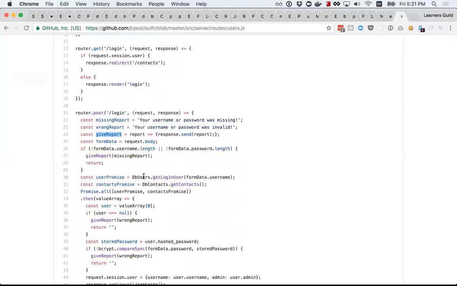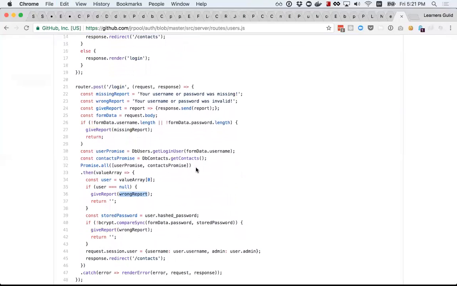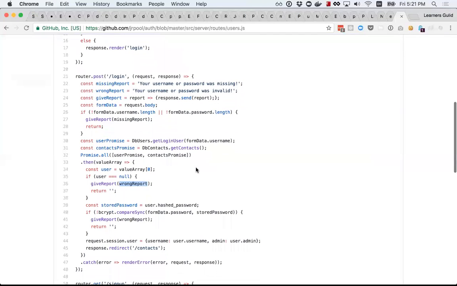I see. So I guess you can just inline this. Oh, I see. The wrong report was a username or password was invalid. Okay, that makes sense. Yeah, the idea was that in our initial implementation, which turned out to be the only one we've done so far,